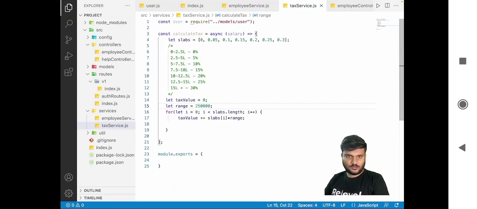2,50,000. Ten times. So the flower's initial name times 10 will be 50,000, so the flower's tax value will be 50,000. Next time we should say range plus equal to